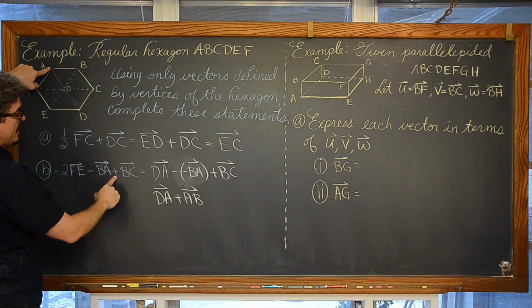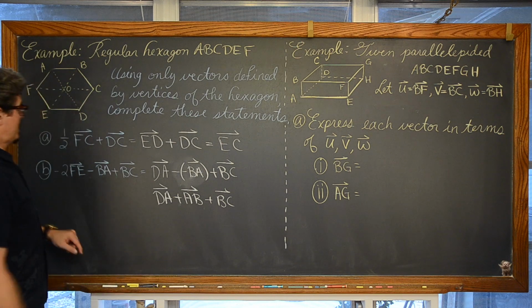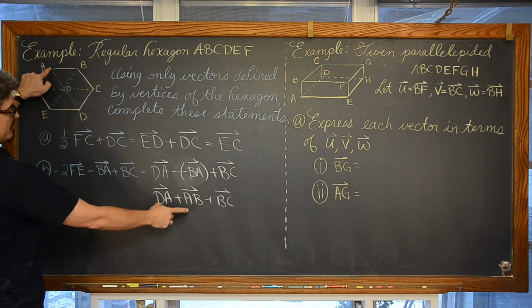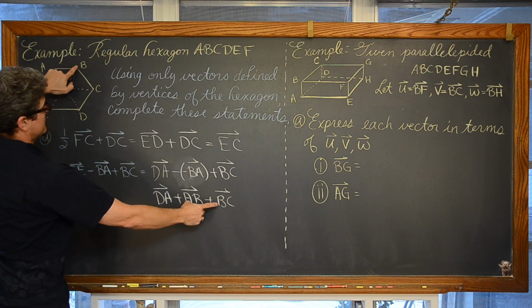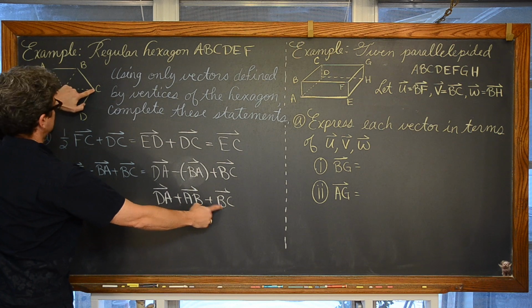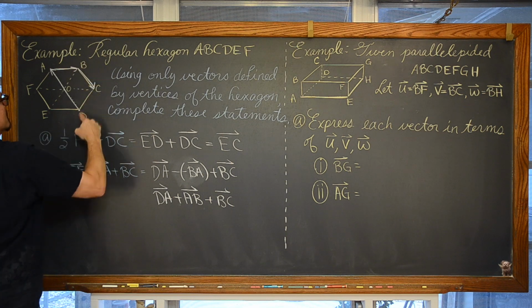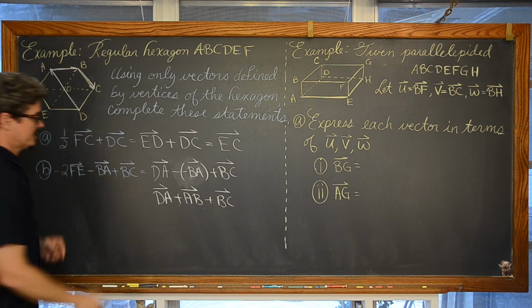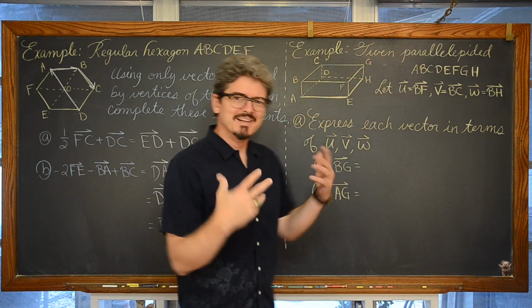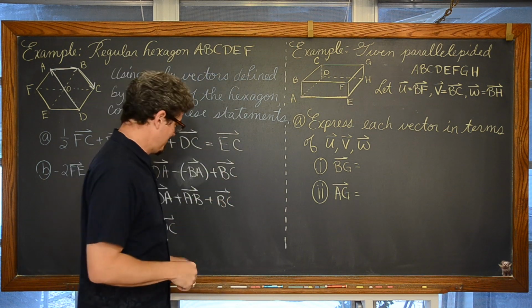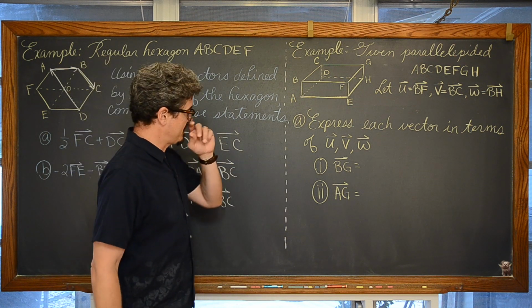And then to that, add vector BC. Okay, well, let's see what we got. Go D to A. Now add vector AB, and then add to that vector BC. So we're here, to there, to there, to there, and this is the resultant. You have to put a little bit of thought into some of these questions where you're just doing vectors, but geometrically it's the easier way, without getting all the fancy math. Yet it still can be a little bit confusing, especially the second part here with number 2.